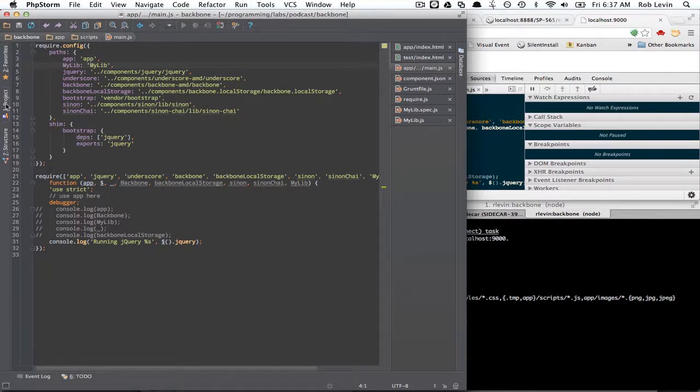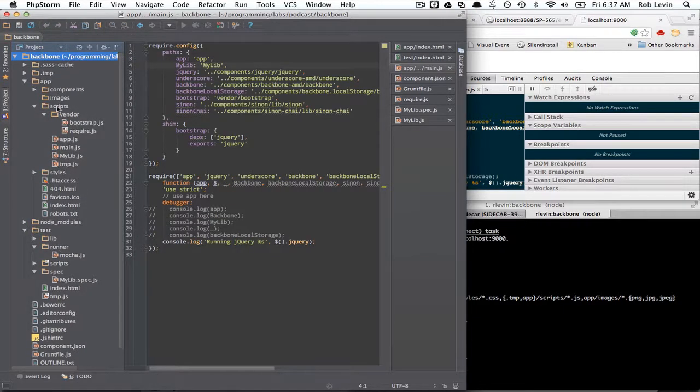Let's actually look at our folder structure. So here's app scripts, and I have app, main, mylib, and temp was where I was doing some debugging. So this is all relative to this directory. You can see that, for example, one up from scripts and then is app, and then over is components. So most of my components, I went up one and over into components and just loaded them all. Vendor is right off the scripts directory, so that was pretty straightforward. And at a later step for the Mocha part, I had to make a symlink to RequireJS because I was looking for it there, and it was actually in Grunt RequireJS or something like that. But anyway,